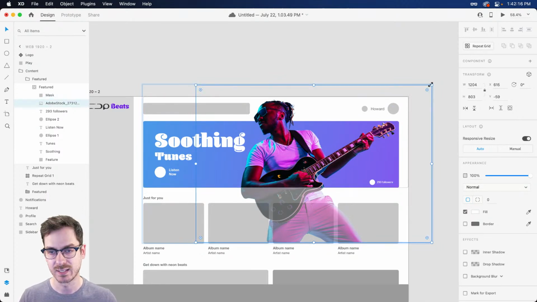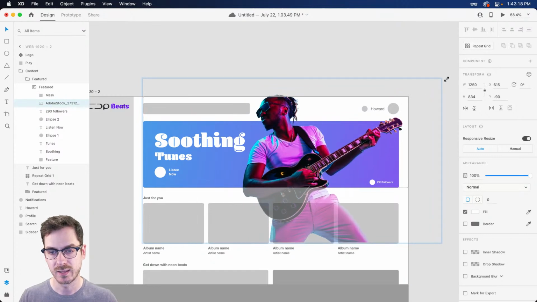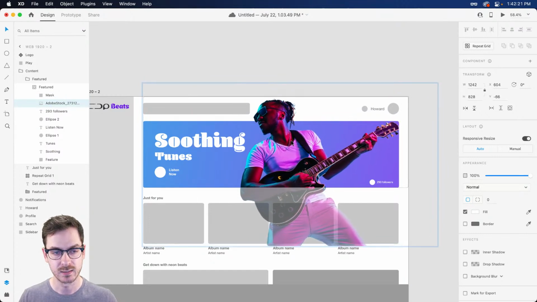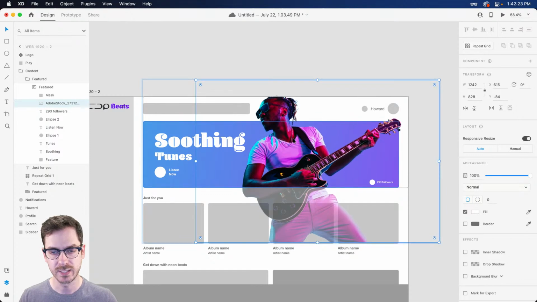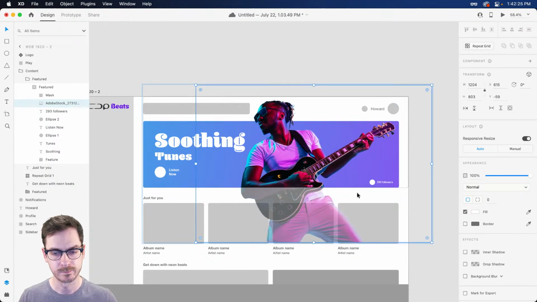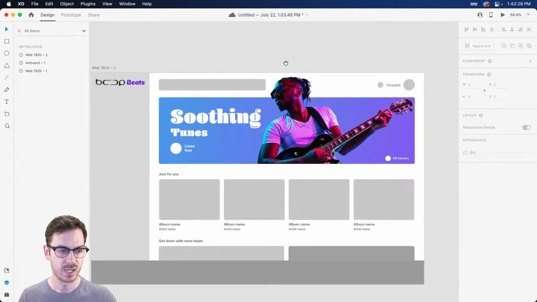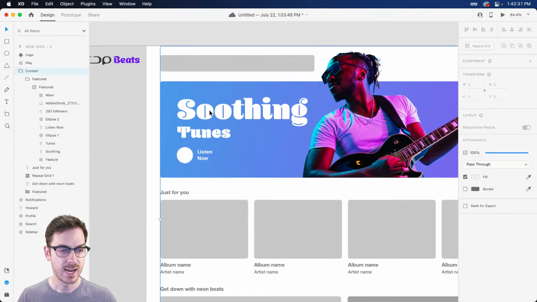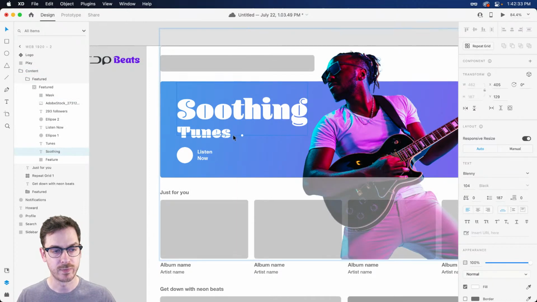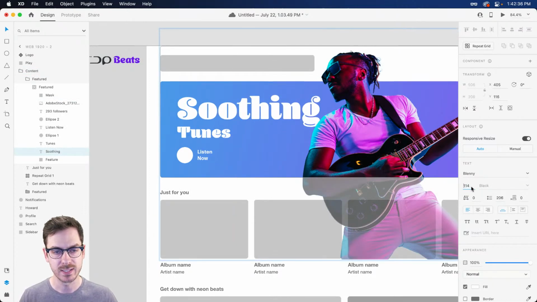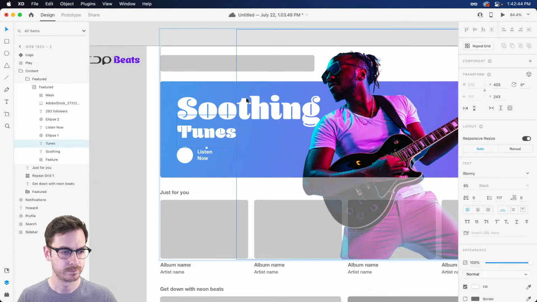So that way, if we select this image, look at that. Fancy, isn't it? But I think I'll leave it probably like that. There we go. All right. And now we can dive in and we can have a little bit more fun with our text layer. So we can maybe increase this a little bit just to add a little bit of overlapping right there. It might not be necessary, but it's kind of fun, right?